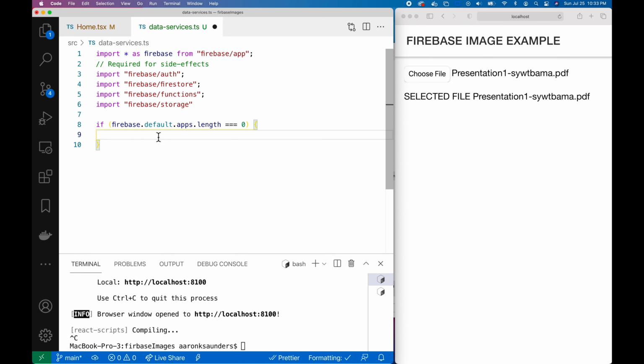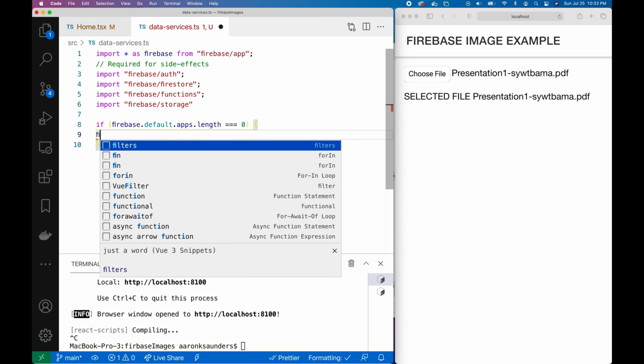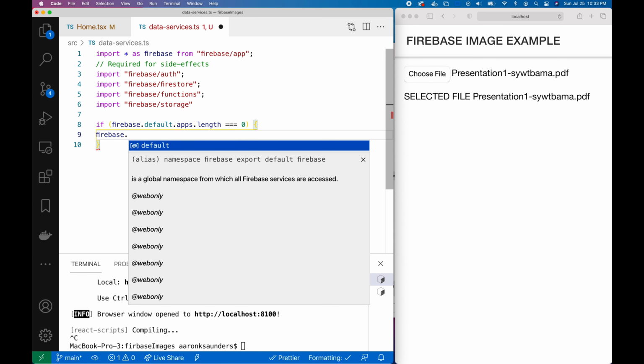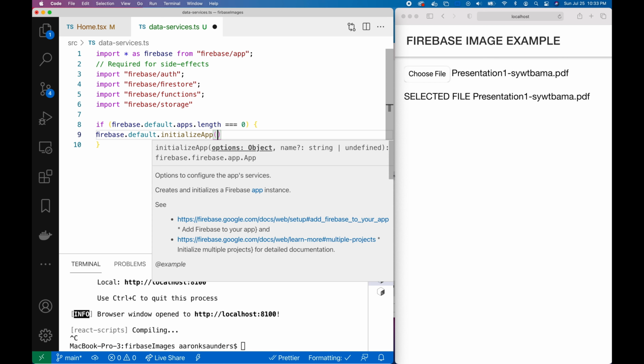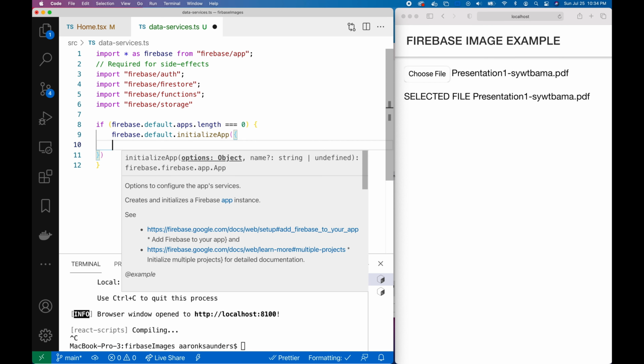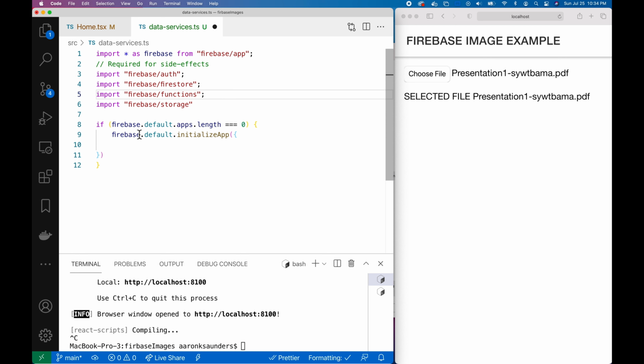Otherwise, we're just going to use the instance of Firebase that's already running. So we'll say firebase.default.initializeApp. And then here's where I will add my Firebase configuration,